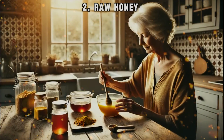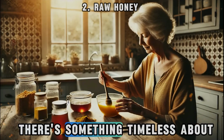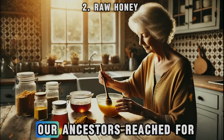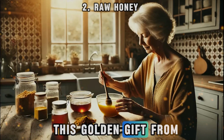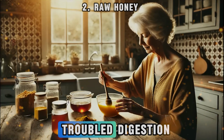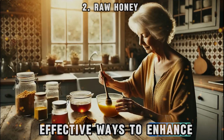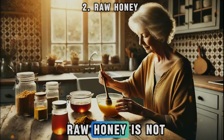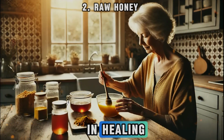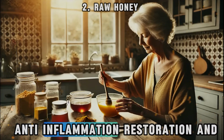2. Raw honey, a natural anti-inflammatory partner. There's something timeless about honey. Long before pharmacies and prescriptions, our ancestors reached for this golden gift from nature to soothe sore throats, heal wounds, and calm troubled digestion. For seniors seeking gentle, effective ways to enhance the power of turmeric, raw honey is not just a natural sweetener, it's a trusted companion in healing, one that speaks the same language as turmeric: anti-inflammation, restoration,